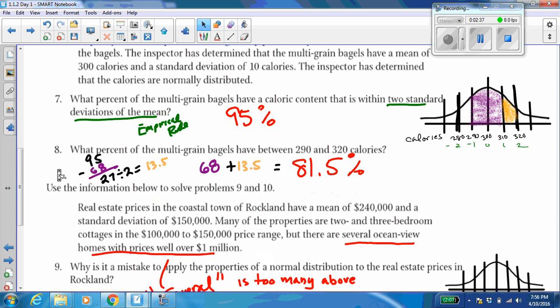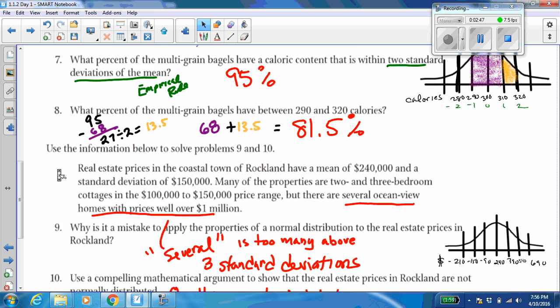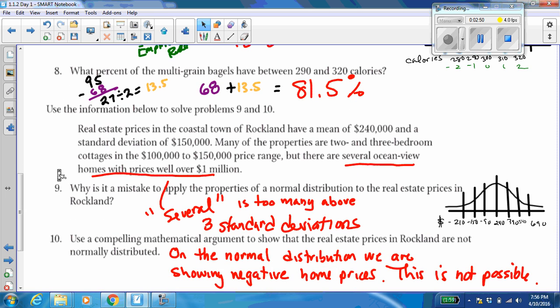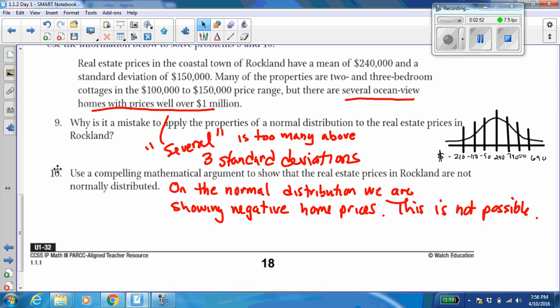Example number 7, empirical rule, so 95%. Example number 8, we end up with 81.5%. There's a little bit of my calculations in case you had any questions on that. Example number 9,